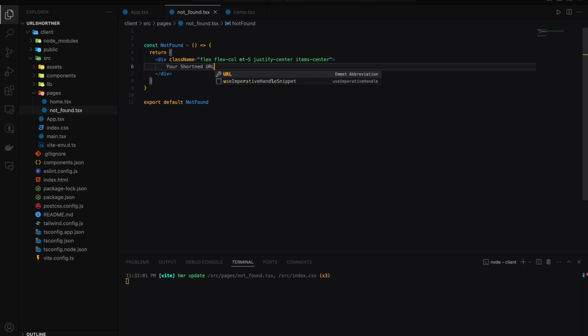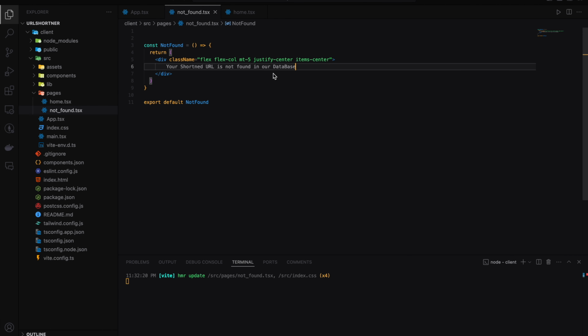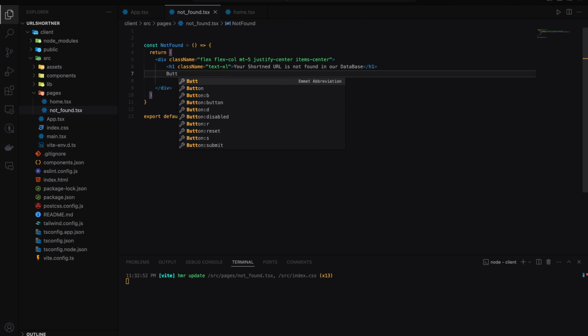Make it your shortened URL is not found in our database. Okay, like this, and make it under the H1. Yeah, and in the H1 make a className with text-xl, and after it make a button here. So button,